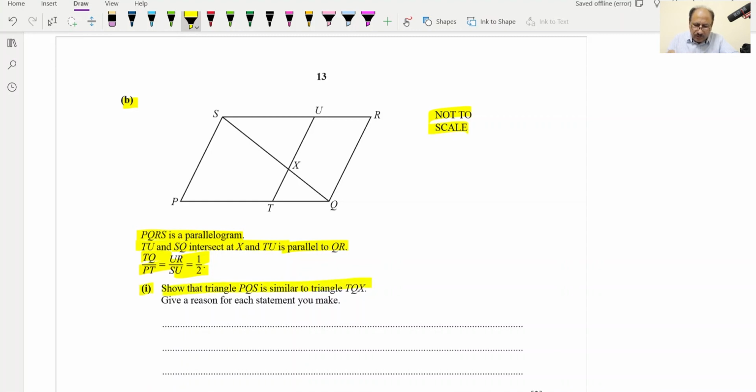Part 1, show that triangle PQS is similar to triangle TQX. Give a reason for each statement you make. So what we will do, we will draw PQS. This is one side and this is the other side, and third side. This is our PQS, and this is P, this is S, this is Q, which we have drawn, and they are saying